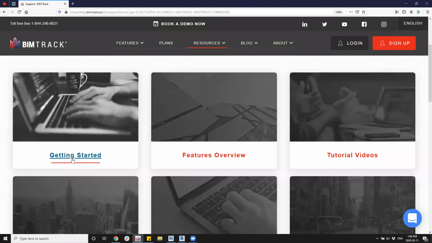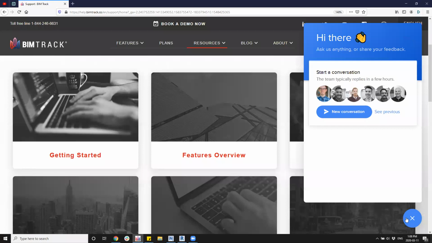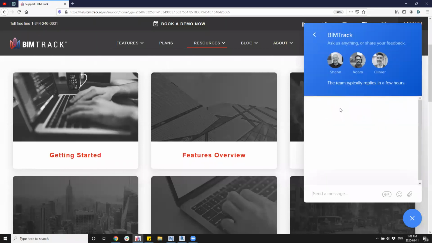Here is where you can find the getting started documentation, the feature overviews, or the tutorial videos. If at any point in time you get stuck while performing any operation, whether you're logged into the environment, or working in one of the add-ins in Navisworks or in Revit, you can jump back up into the cloud here, click on the little blue chat button in the bottom right corner, and fire up a new conversation with